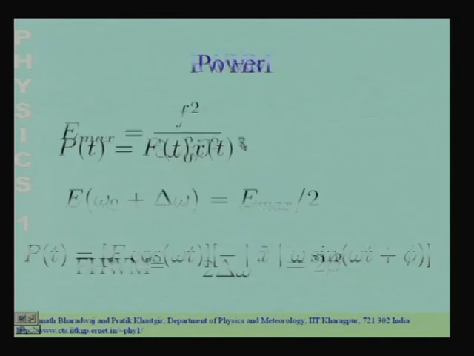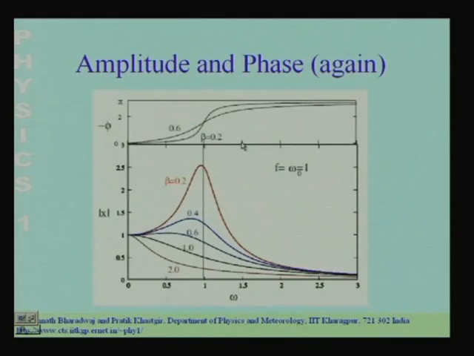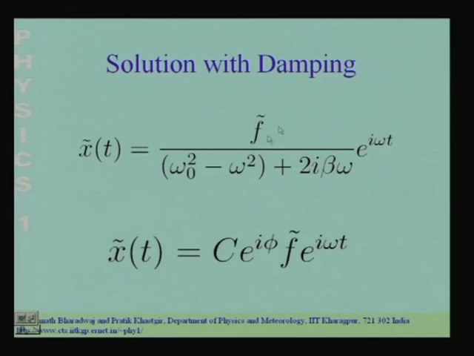So, let us calculate the imaginary part of this expression, and when calculating the imaginary part you should bear in mind that we are not interested in this term, because this occurs both for the force as well as for the displacement. We are only interested in relative phases. Further, any phase in this also would occur here. So, we are not interested in that. What we are interested in is the relative phase, phi is the relative phase between the displacement and this.